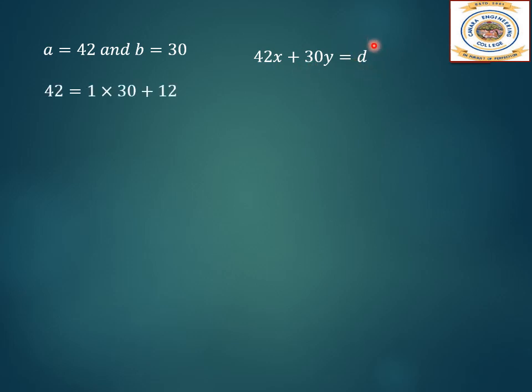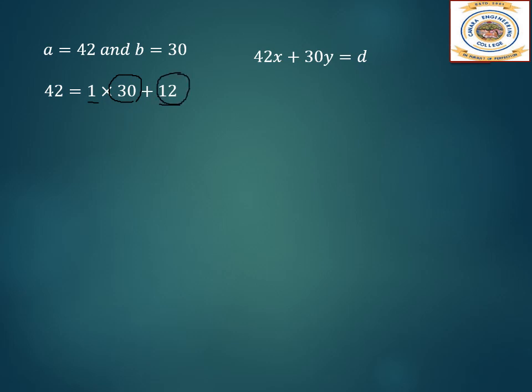So what is the first step? We know that using the Euclidean algorithm, first you have to find the GCD. So I have to divide 42 by 30. When I divide 42 by 30, I get the quotient as 1, right? And what is the remainder? 12. For the next stage, I don't get a 0 remainder, so I have to go further. What are the two numbers now? I have to take 30 and 12.